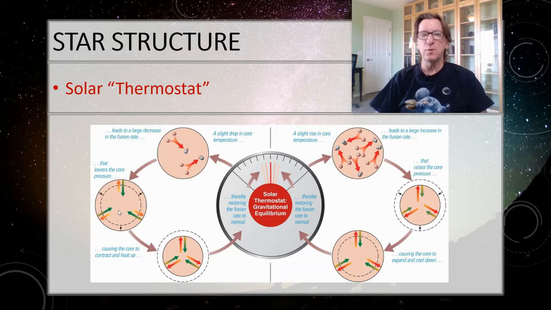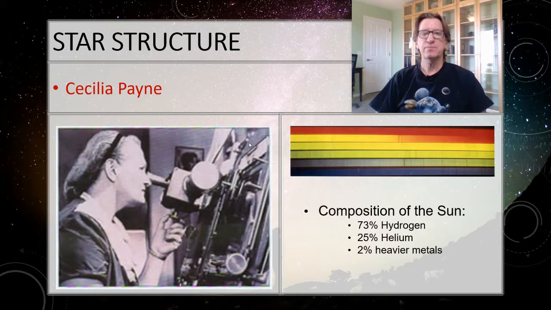So the sun has been here for 4.5 billion years. It's probably got another 5.5 billion years or so left to go. We discovered the composition of the sun, that it was made from hydrogen and helium, because of the work of Cecilia Payne. Now, Cecilia Payne was one of the first astronomy PhDs in the world. She was actually given grunt work by her professors. Women were not treated very well in science at this particular time.